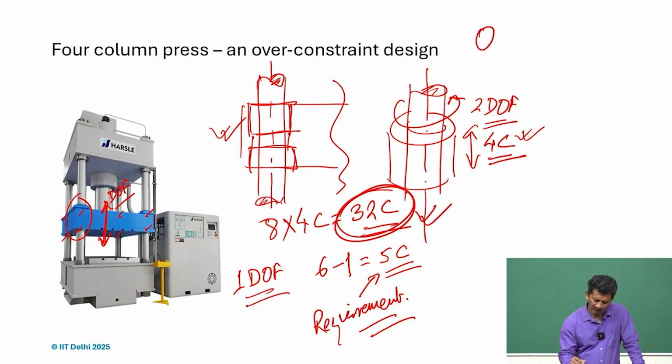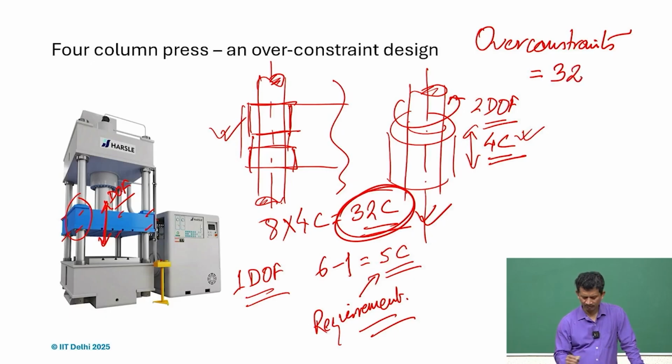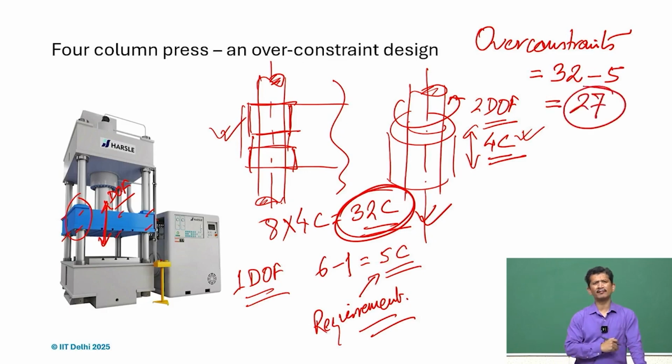So how many are redundant? Number of over constraints: 32 we are providing, only 5 are required. So 27 are over constraints. 27 times is a simple price, and that is the reason